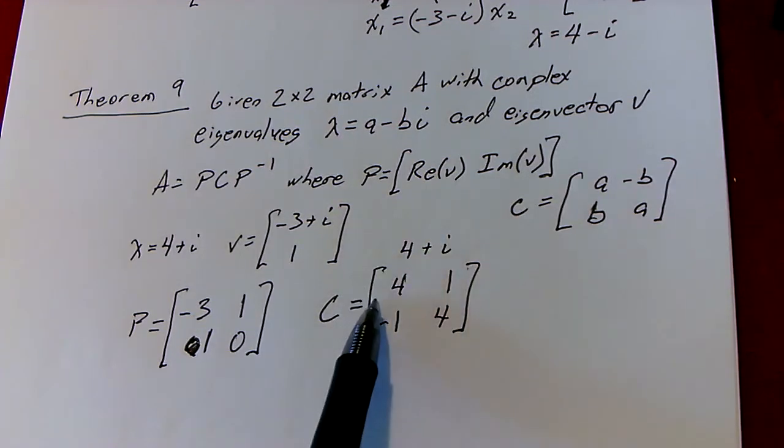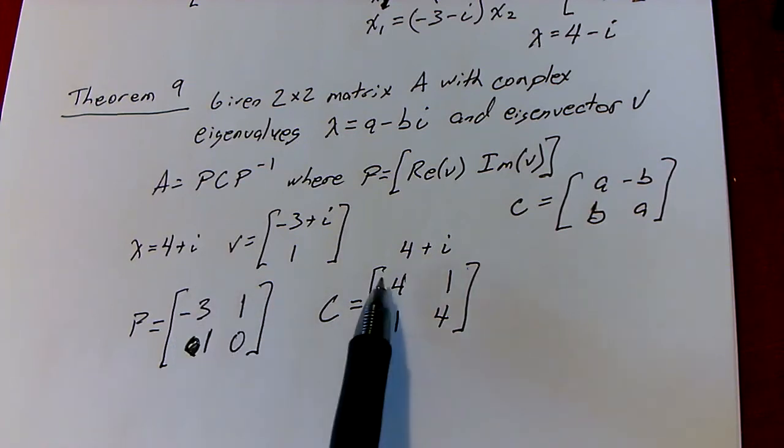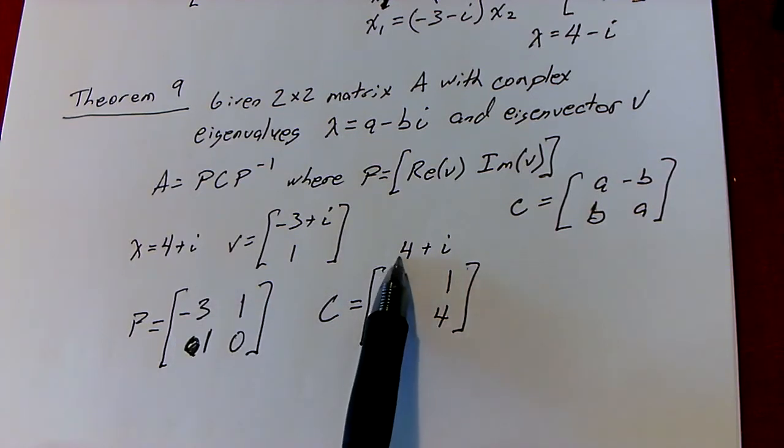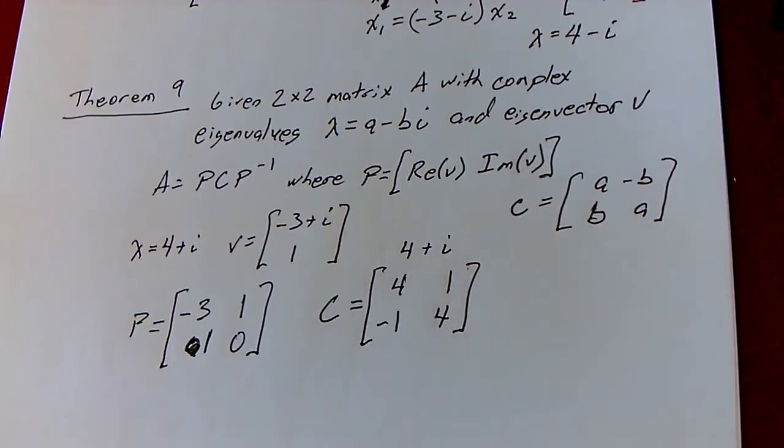Eigenvalue then helps you make C, which is also the case when you do similar matrices for a diagonal, right? We put the values on the diagonal and the vectors over here. So my vectors form P and my values form C, but you have to write them accordingly, okay? 4 plus i there. All right, so I got one more example here for this section. Okay, and my last example